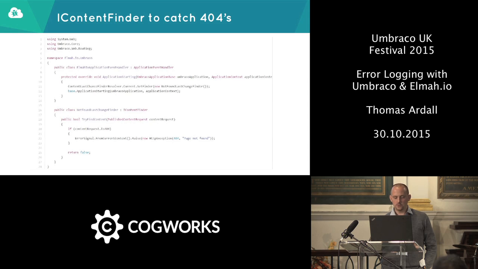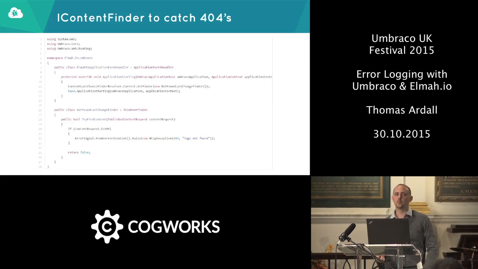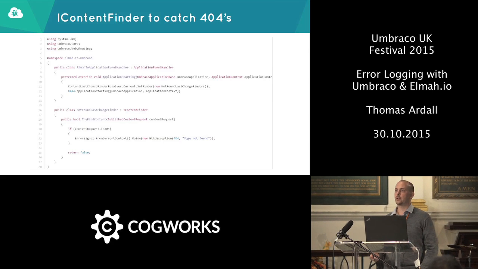The last thing we did, I didn't show you, but out of the box, Elmah and Umbraco actually don't work that well together, because all the client-side generated errors are not actually logged in Elmah. It would be nice to get information in our log when clients try to request some resources that don't exist on our servers, right? Because it may be a URL that we actually wrote inside our code somewhere that tries to request something that doesn't exist. So in order to fix this in the elmah.io.umbraco package, we actually use one of these extension points